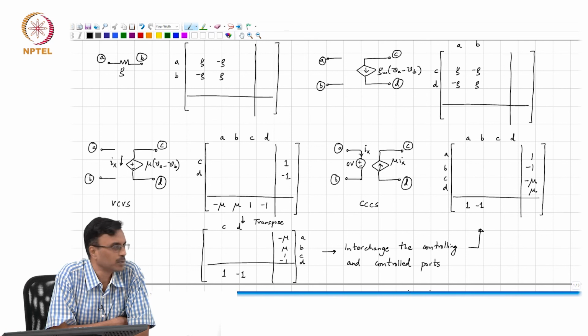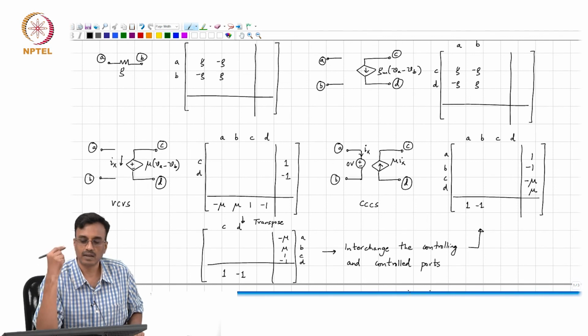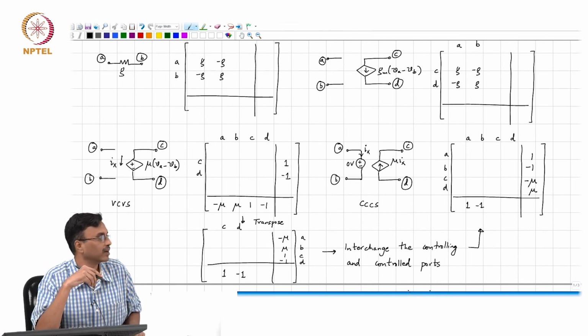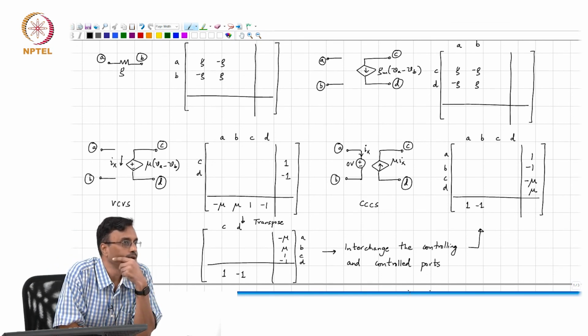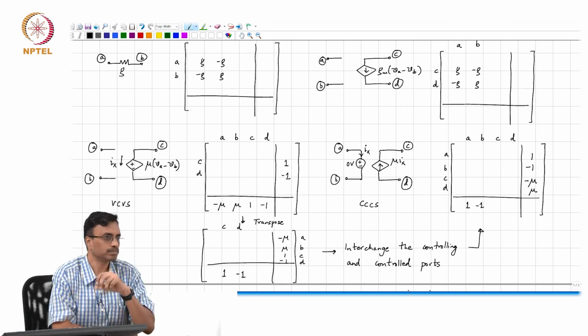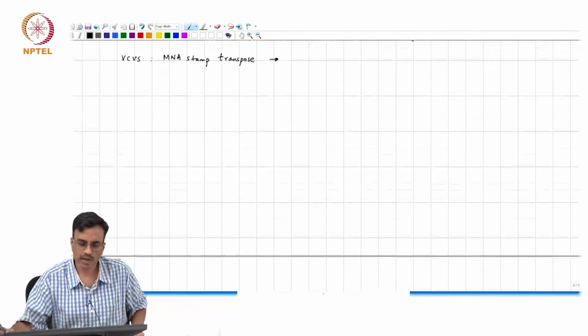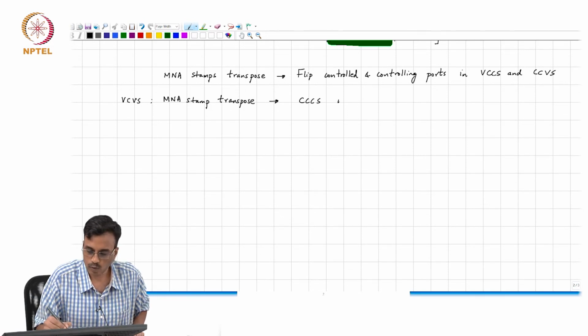Okay. At this point, this is just an observation. Is that clear so far? And if you take the transpose of the MNA stamp of a conductance, what comment can we make? Well, that is a symmetric matrix. So, if you take the transpose, it remains the same conductance. Is that clear? All right. With this background, you basically get a CCCS with ports interchanged.